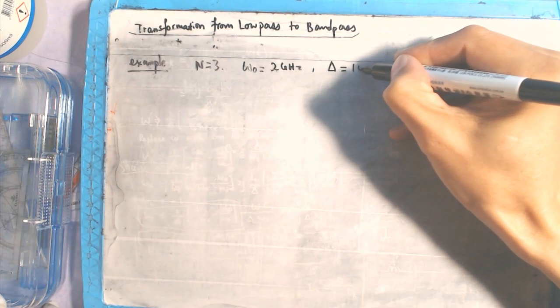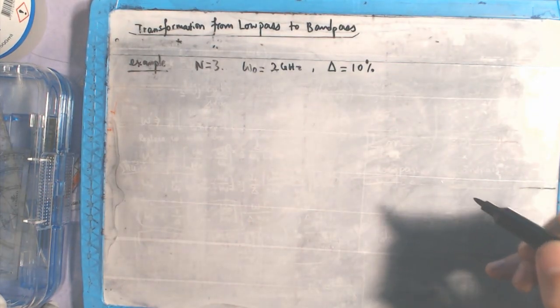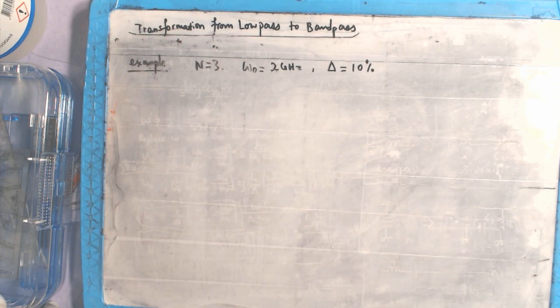Let's assume this. So when n is equal to 3, you need to look at the prototype table. According to the prototype table, when n is equal to 3,